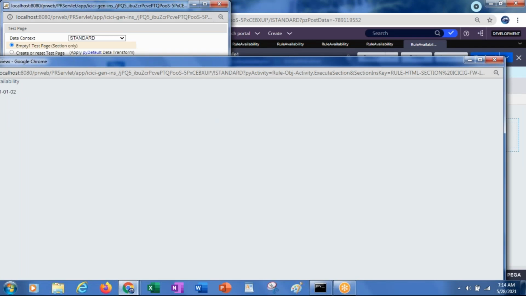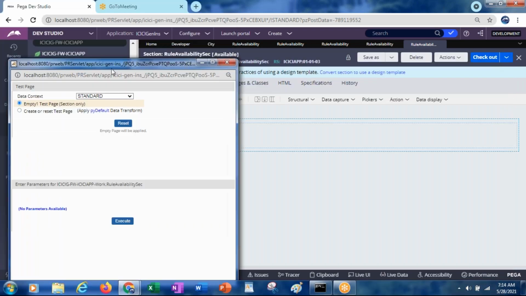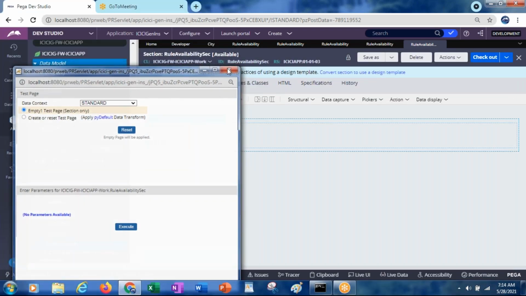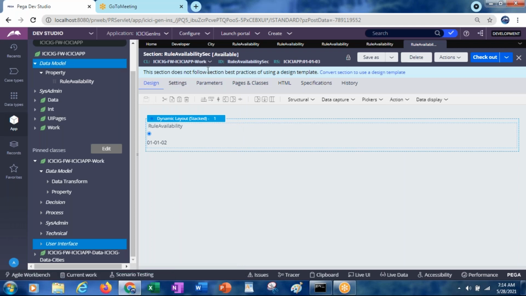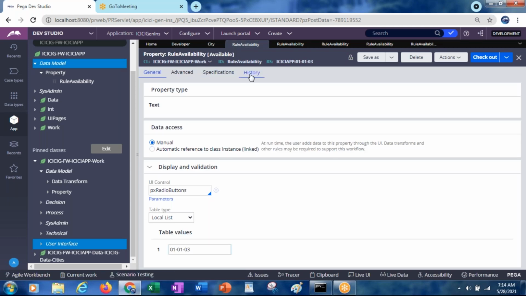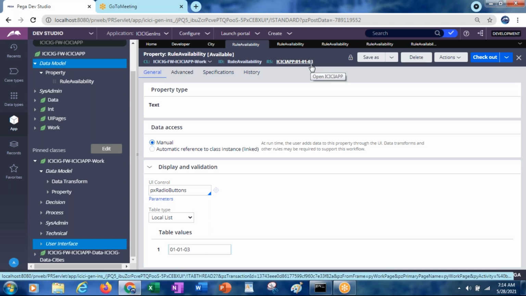It is taking... always the property has to be referred from the same version. Work class ICICI app 010103. Work class.